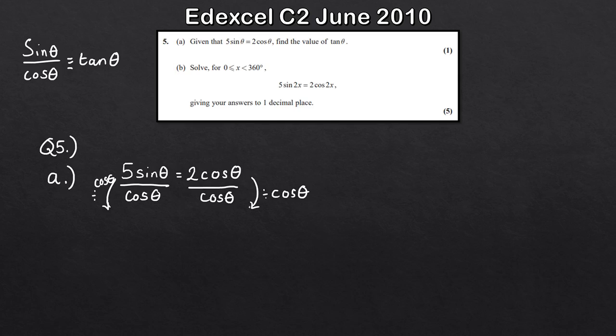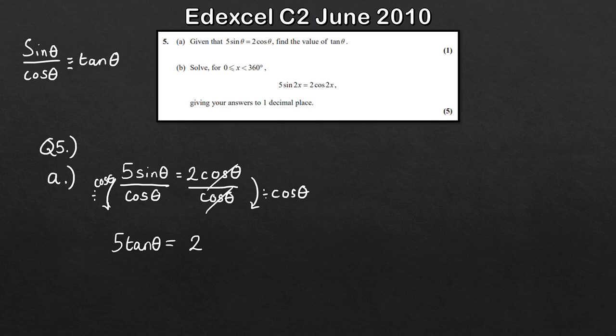Well, the right hand side here is rather straightforward. 2 cos theta divided by cos theta, they just cancel and you just get left with 2. Okay, so the right hand side here is equal to 2. And on the left hand side here, we've got 5 sine theta divided by cos theta. Well, remember, we just apply our identity here. Sine theta over cos theta is equal to tan theta. So what I've essentially got here is 5 lots of tan theta. So 5 tan theta